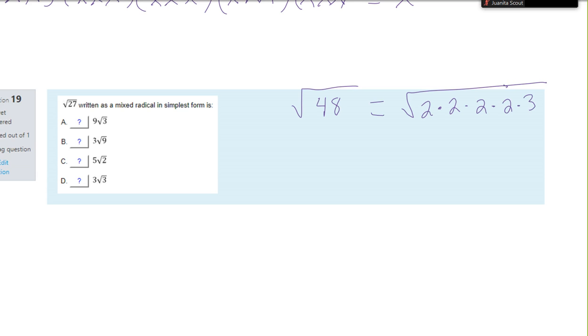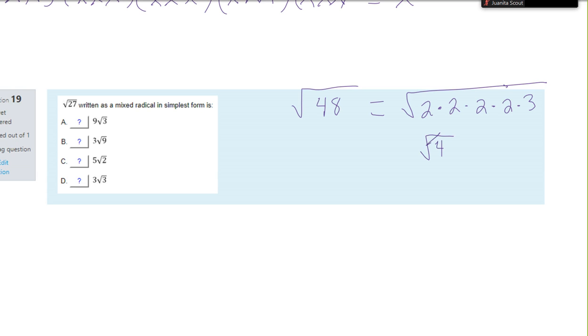When I look here, I'm looking for things that I can take the square root of. I know anytime I have a pair of a number, when I multiply them, it gives me a number that I can take the square root of. Whenever I say that, it always comes out sounding like something that doesn't make sense, but let me try to boil it down. If I take 2 times 2, I get 4. And I know the square root of 4 is 2. And so I can